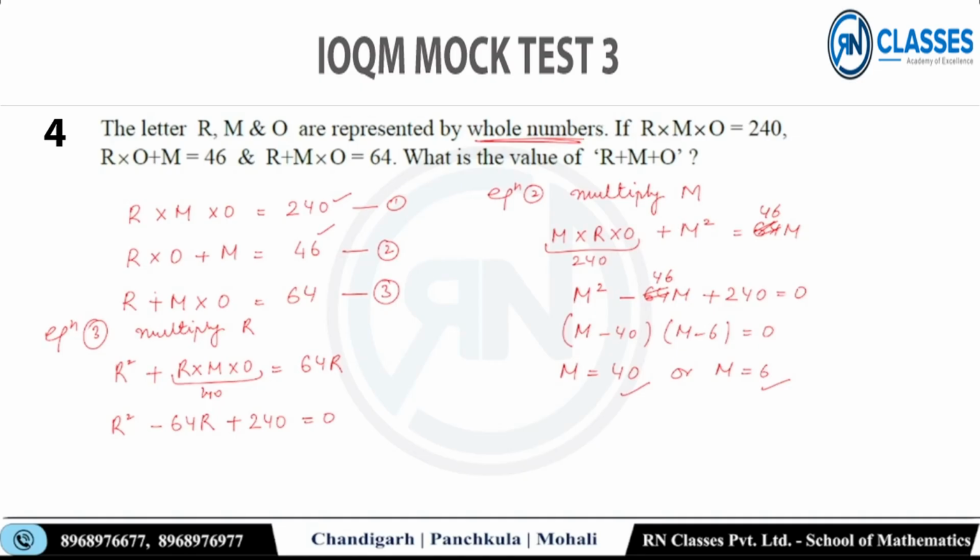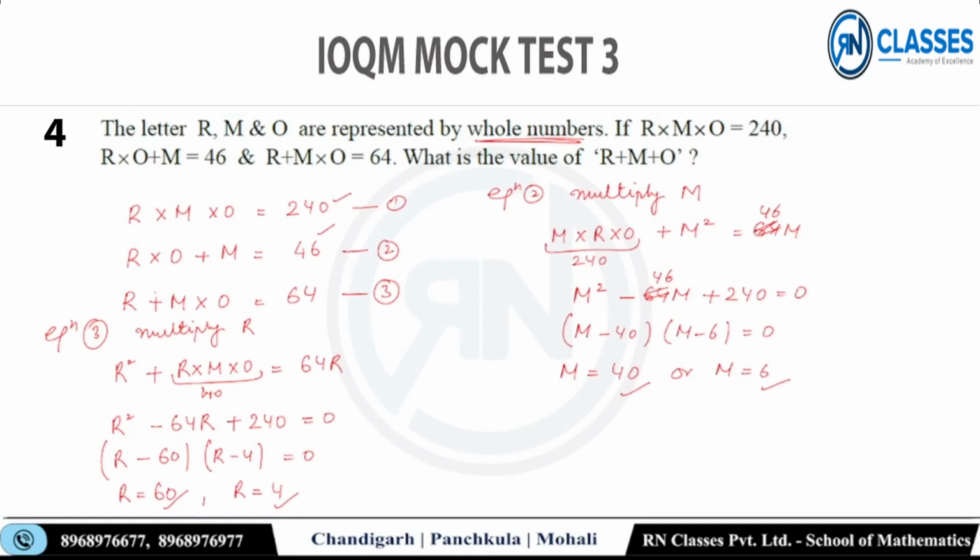यार क्या कर रहा है, 64 से 24 बन तो रहा था, बट अगर वहां बन जाता तो गड़बड़ हो जाती, वहां पे बना ही नहीं, दिमाग ही नहीं चला। R माइनस 60 और R माइनस 4 इक्वल टू 0, ठीक है। सो R कैन बी 60 एंड R कैन बी 4, ठीक है। दो R की वैल्यूज आ गई, ठीक है। तो मतलब कि अब मेरे को केसेस बना बना के सॉल्व करना पड़ेगा, क्योंकि RMO से निकालूंगा मैं, ठीक है।